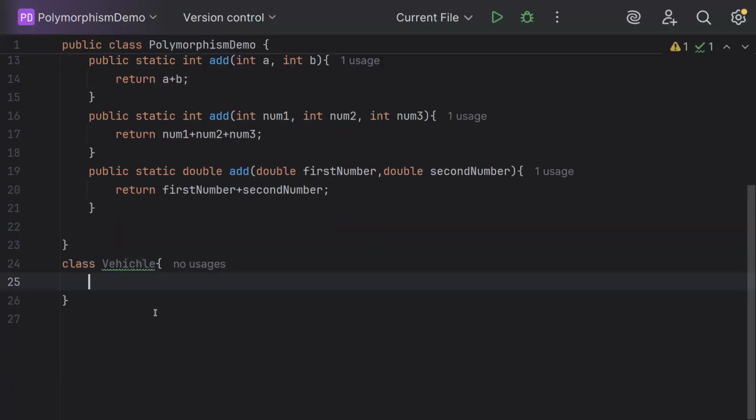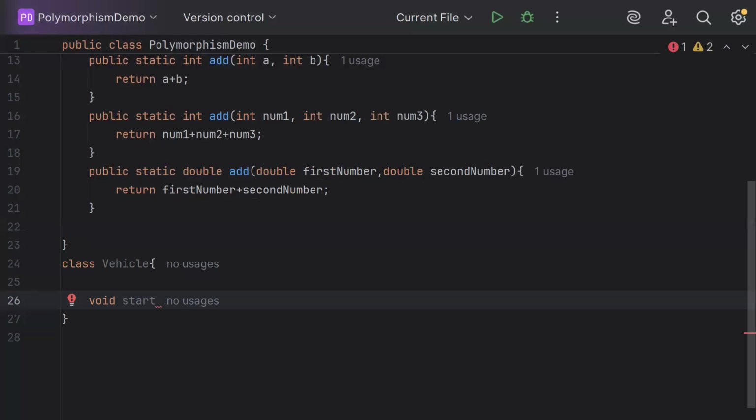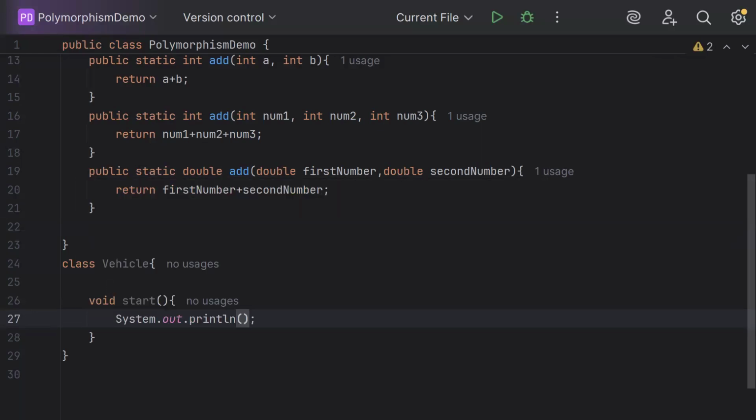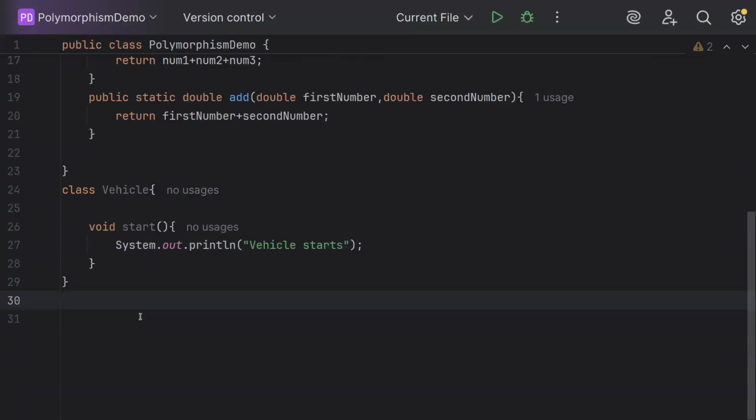I will take a class vehicle. I am defining a method void start. Here I'll print "vehicle starts". Then I will take another class, which is a subclass of the vehicle class. So I'm taking bike